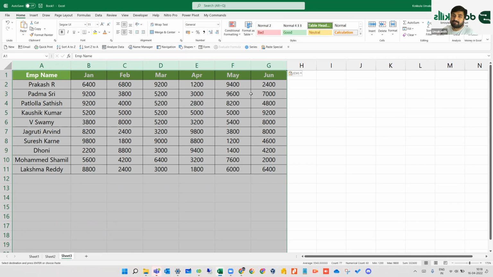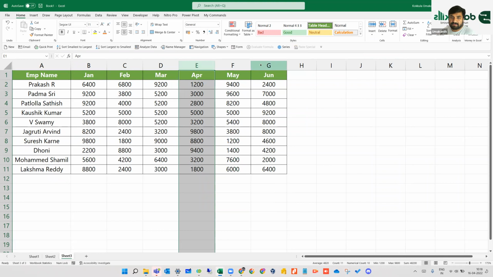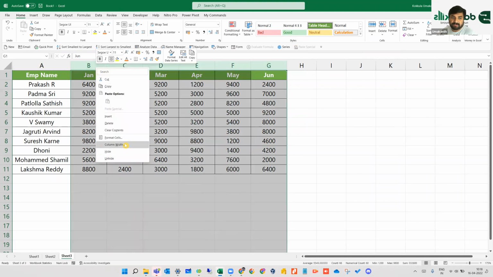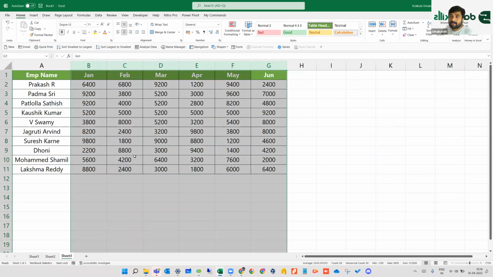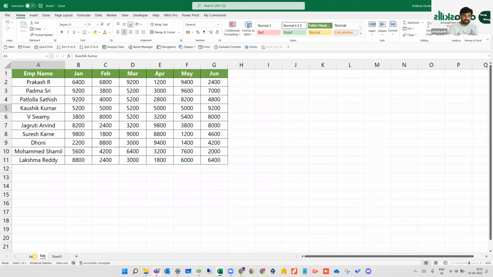It will set the column width automatically. Now, if I just go back to the column width and see, it is 10 for all the columns here from Jan to June. This will be very, very helpful whenever you are creating templates, right? Whenever you are creating monthly templates. Assume this is your January month template, and this is February month template, and this is